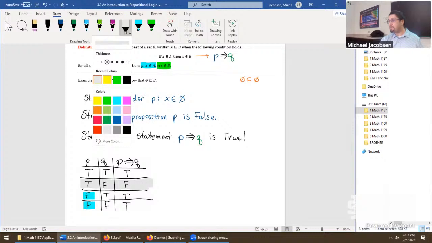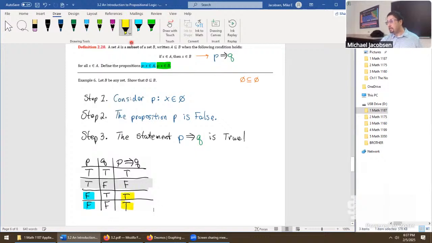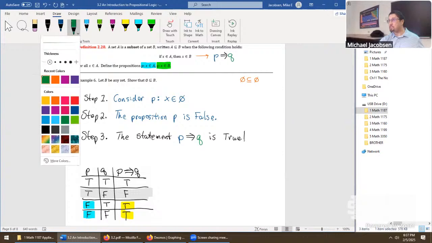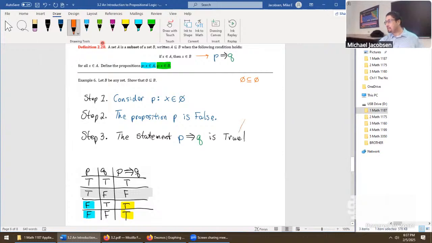We're going to output an assignment of true immediately. So the statement P implies Q is true, but if we want to be specific on the kind of truth, this is true vacuously, because the condition P had no chance whatsoever of being true. It was guaranteed to be false. So in step 4,